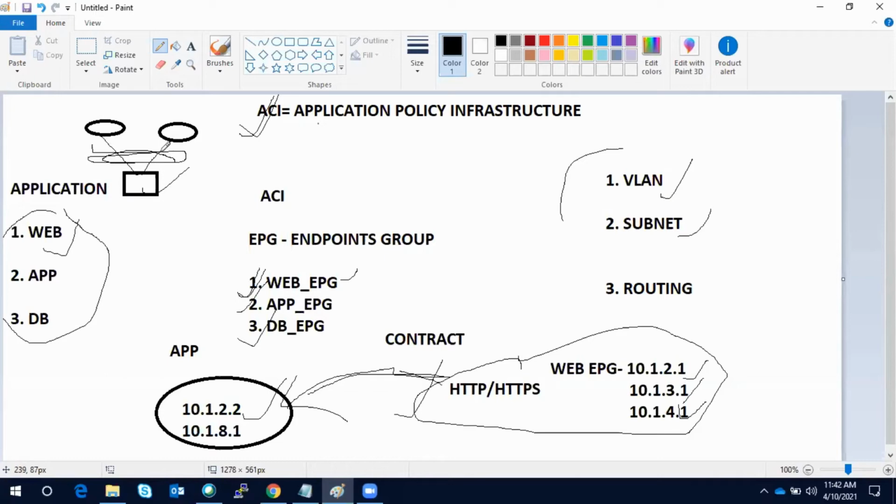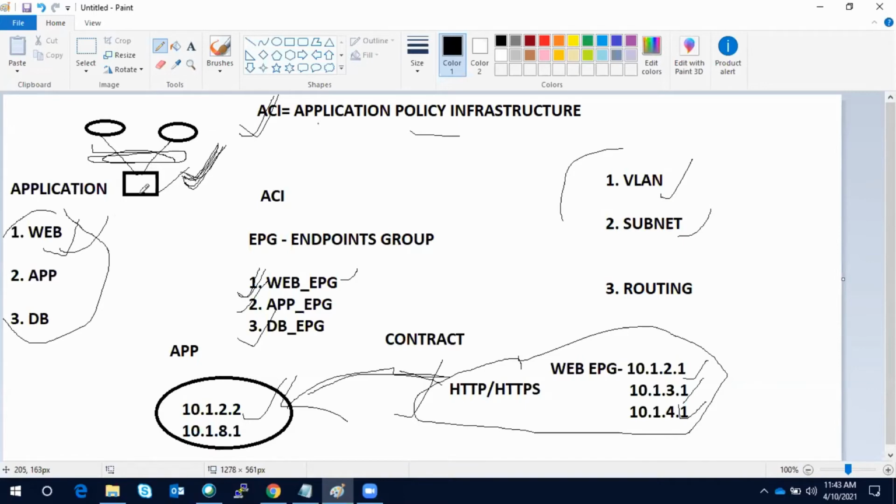So first up, your task will be to create a policy for the physical connectivity. You remember I said that here the configuration is known as a policy. I was coming to this point, but you asked this question, so I'm telling you. In ACI, we call it policy, we don't refer to configurations, because configuration is tied to the hardware, but policy is not tied to anywhere. I will come to that point, you will understand more on that. So first we will define the VPC policy, and then we will map this web EPG to this VPC policy.